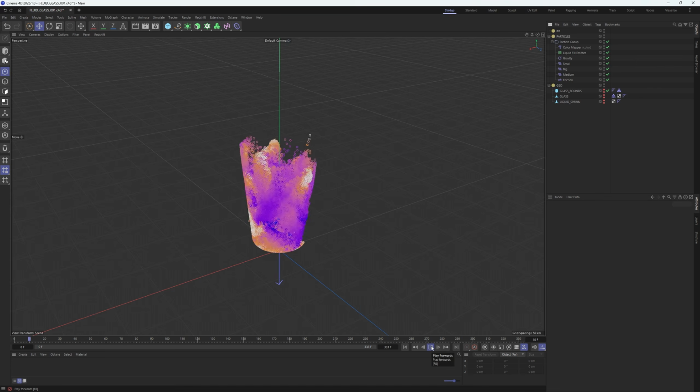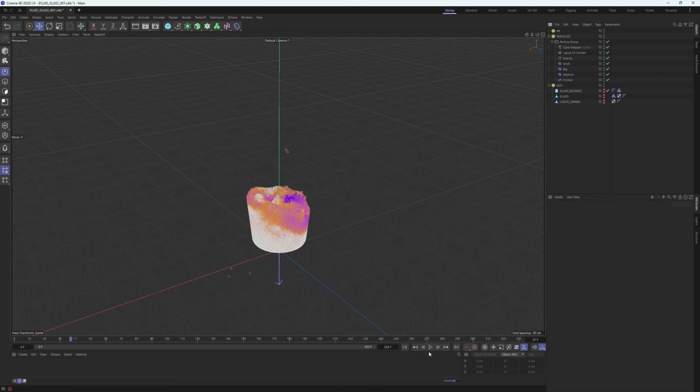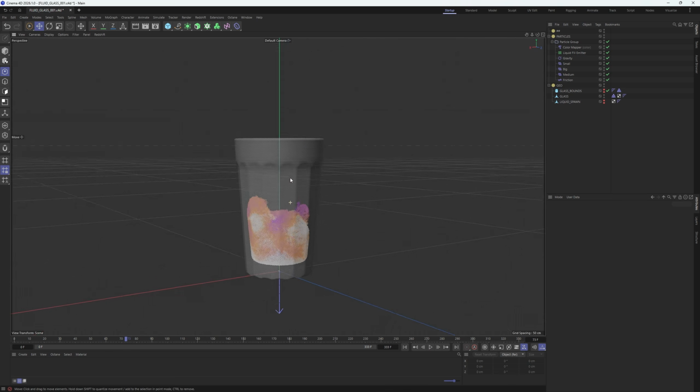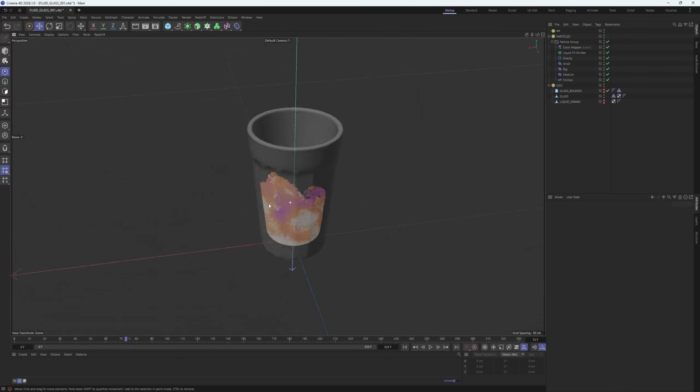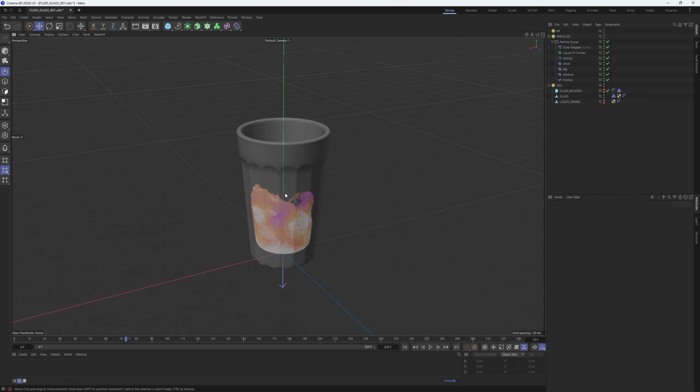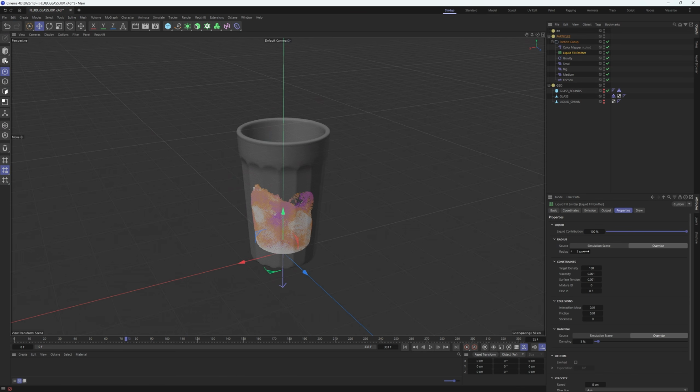If we hit play on 30,000, like I said, some are escaping, but it's also like we're really falling down to the bottom of the glass now. And I'm not sure how much I like that, because now we're going to have to do things to get this back up. So I want to sit around a number of 30 to 40,000, but I want this to fill the glass. So if I come to a radius of 1.5 now,